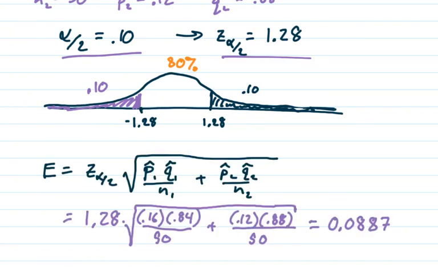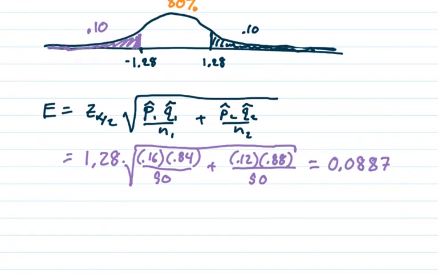Bam. So all of that materialized right there. So the margin of error, again, was the formula above. I didn't waste the opportunity to try to write it down again. So there's that. And then we just substitute in all of the values, and we get out our margin of error is, margin of error is